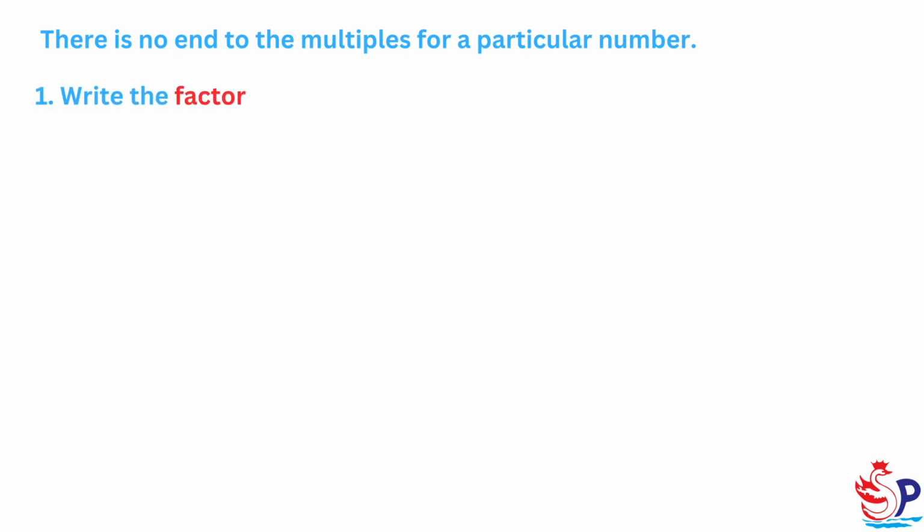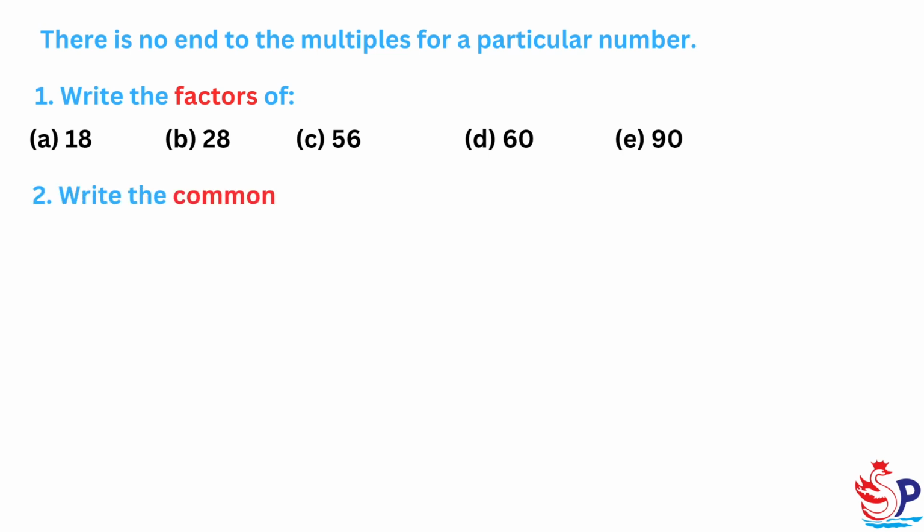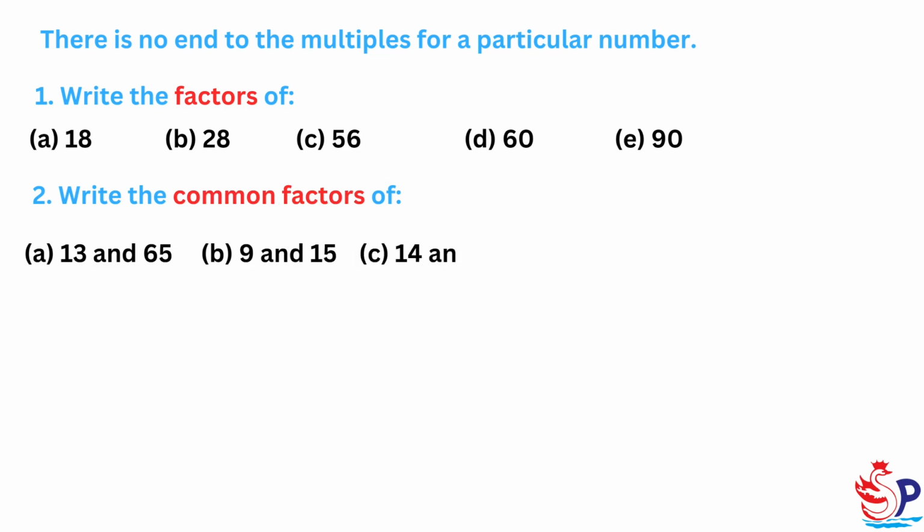1. Write the factors of a. 18, b. 28, c. 56, d. 60, e. 90. 2. Write the common factors of a. 13 and 65, b. 9 and 15, c. 14 and 12, d. 27 and 54,